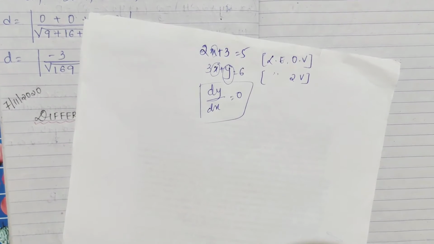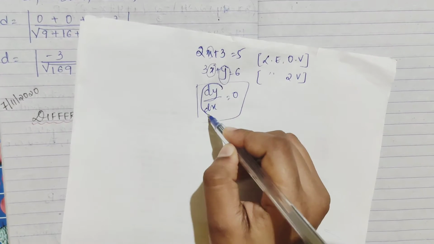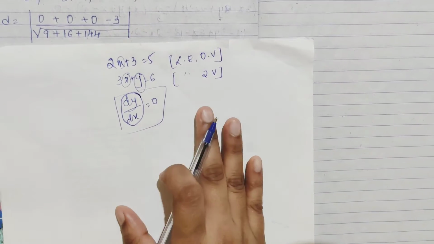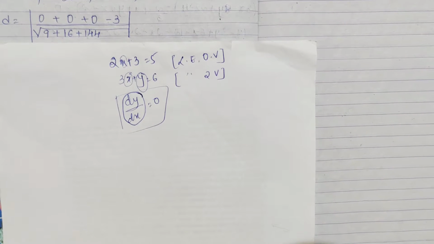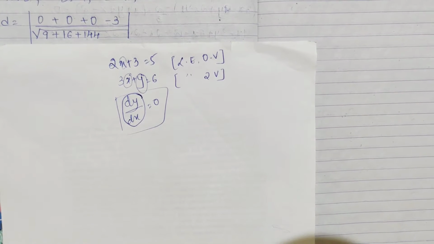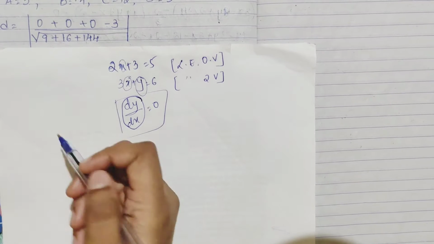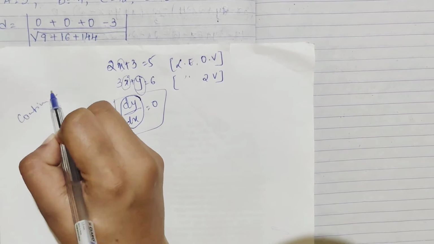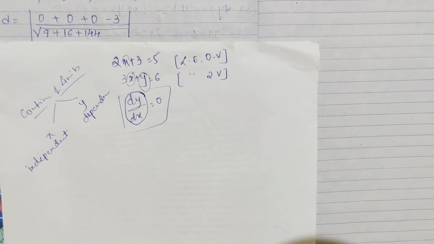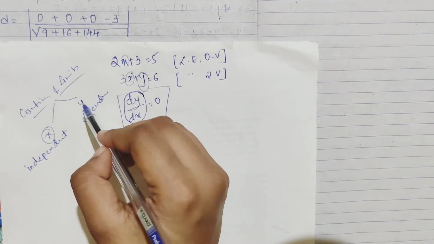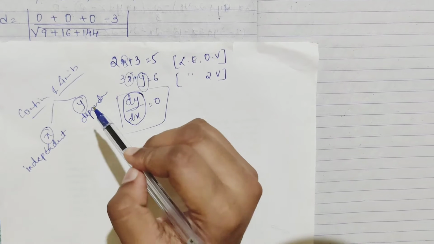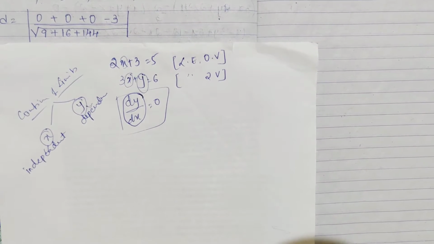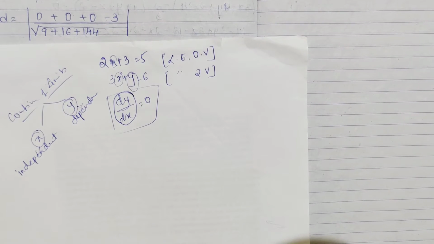Differential equation means what? Which involves a derivative. See, derivative, your independent variable and dependent variable. I have already explained that as I said in continuity and limits, two variables will be there, x, y, where x plays as your independent and y plays as your dependent variable. So in short, a differential equation involves a derivative.